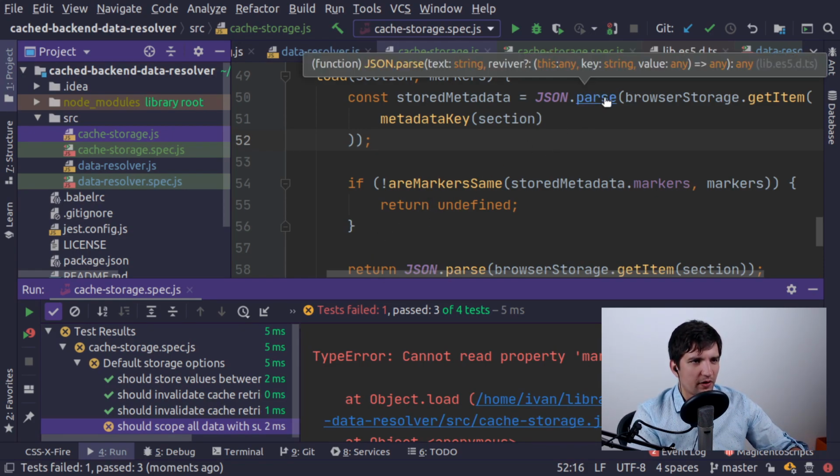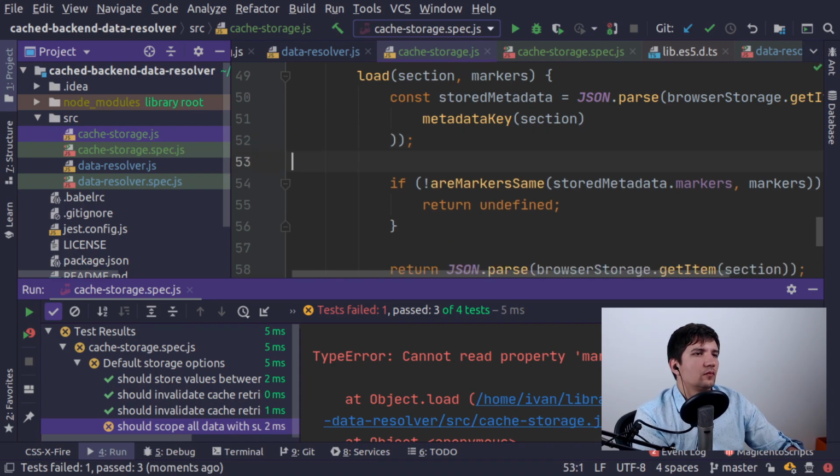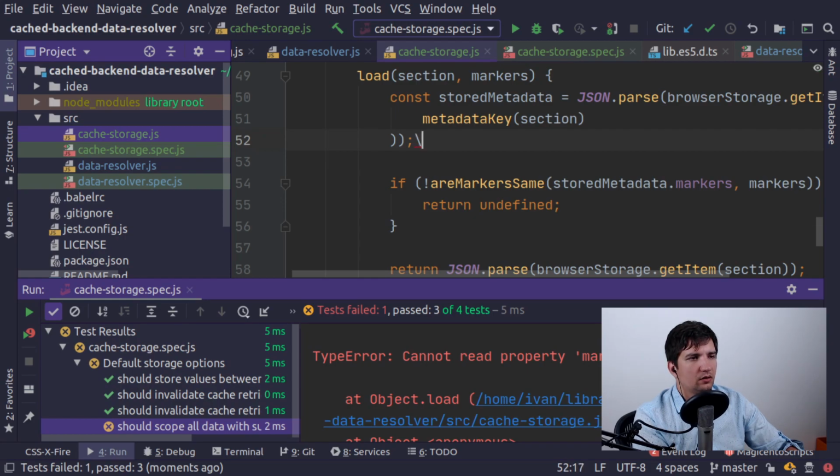JSON parse for a null value as an input returns you back a null value, or the undefined value. So okay, what we can do here,